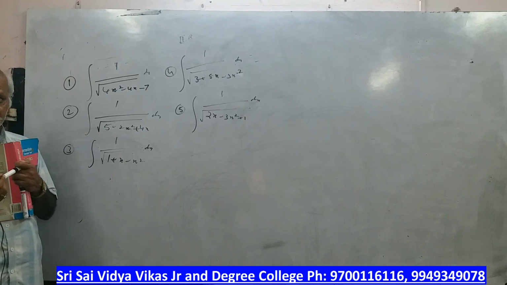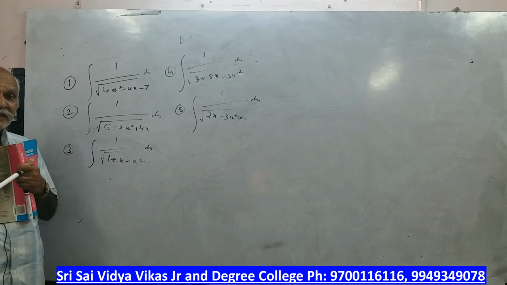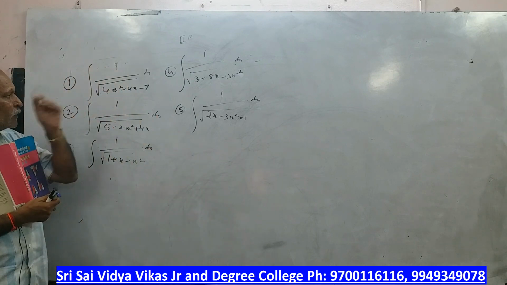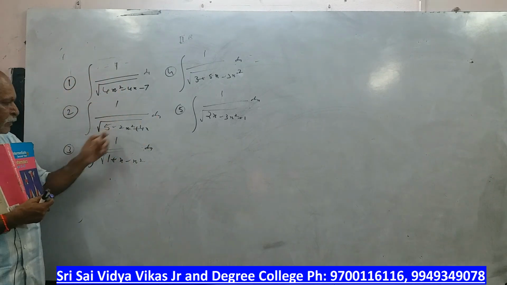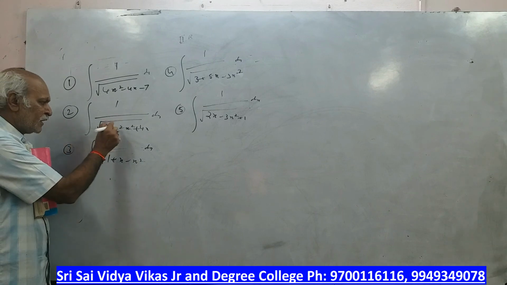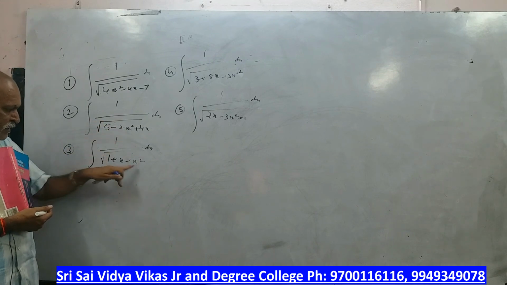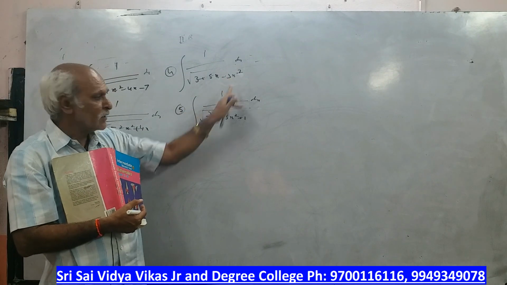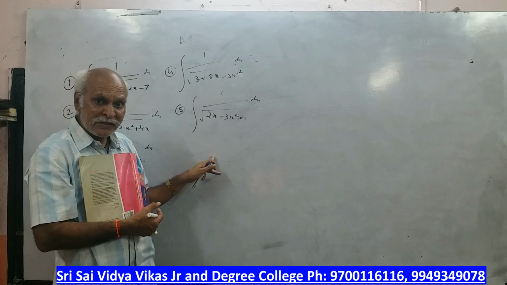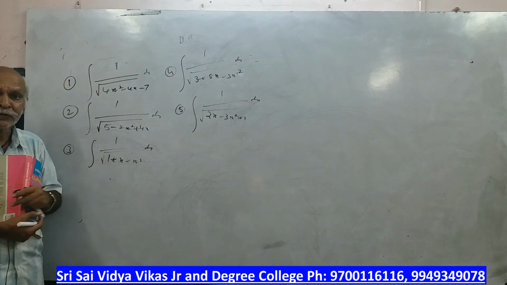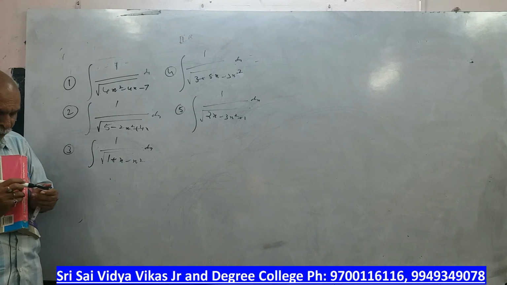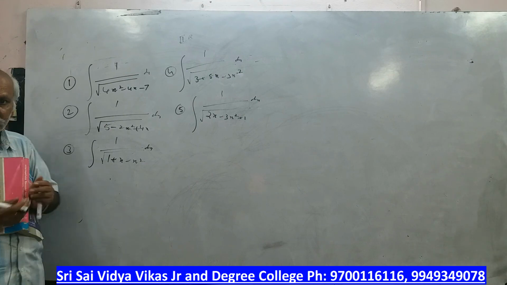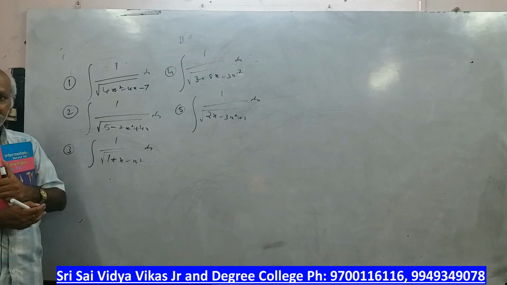Now I am giving you 5 problems, sir. Please try to put your answers in our WhatsApp group. These problems: again 4 common, here minus 2x² is there. So definitely you are going to get the a² − x² formula. Here x² has a negative sign, again a² − x². Here also x² has a negative sign, a² − x². That's why I gave all a² − x² problems. I want to check how many people have done. Please try this, take your time. There is no problem, tomorrow also you can put. If you have finished today, please put. Any doubts, you can ask me. Okay, right?